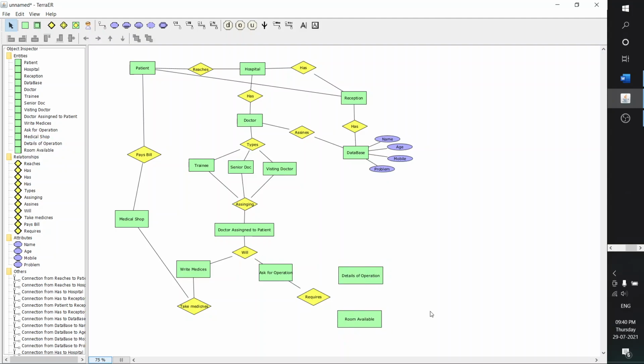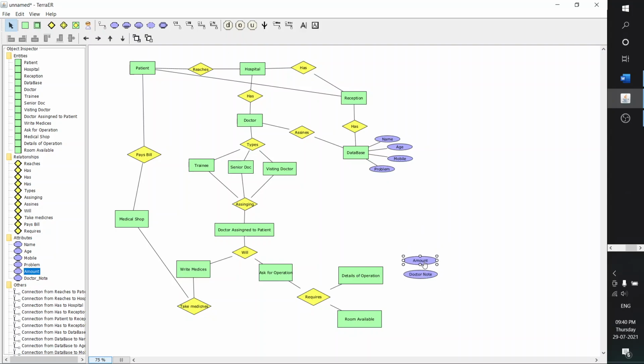No hospital will just throw the person out, but now it is common, we can say, if the rooms are not available we can't do anything, right? So details of the operation will be collected, and it has some entities like amount, doctor's note, or whatever it may be.